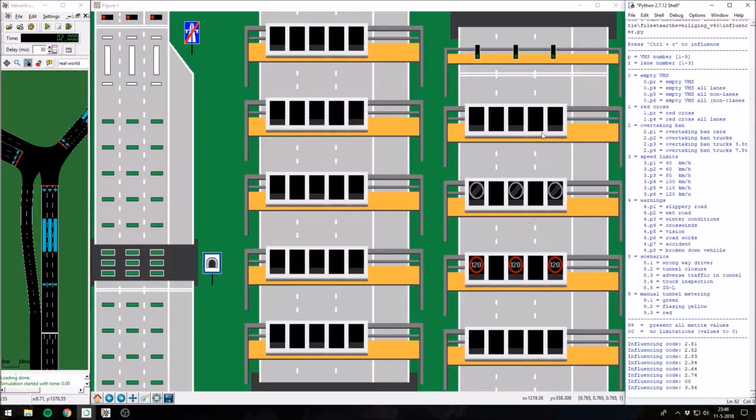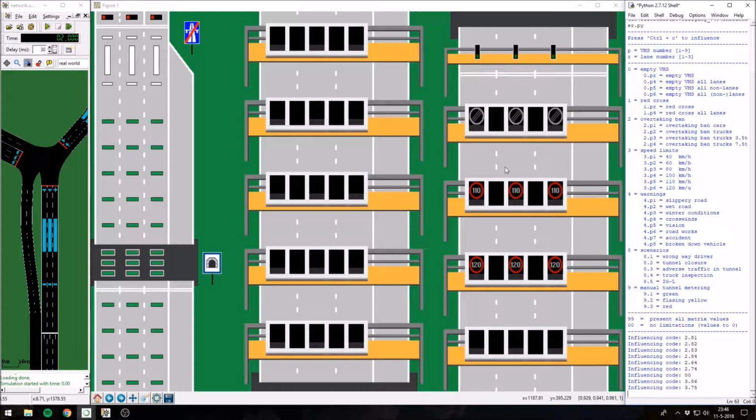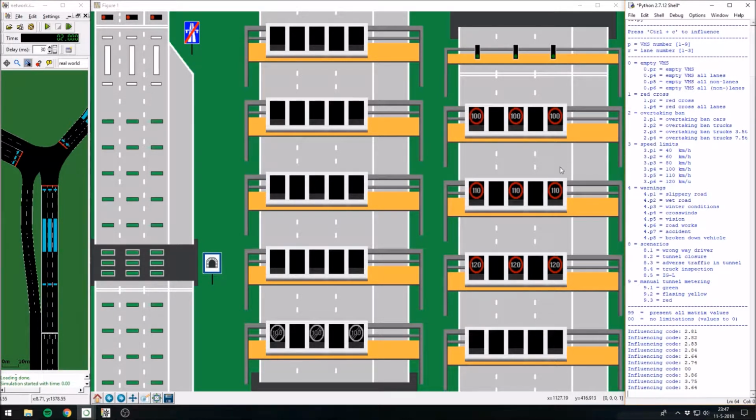Let's assume that I want to keep reducing the speed up to 40 kilometers per hour. I should then do this, which is 3.75. There's now a 110 kilometer per hour speed limit, and 3.64, and a 100 kilometer speed limit is now presented on the 6th VMS, and it is again ended at the 5th VMS. Let's further reduce the speed,